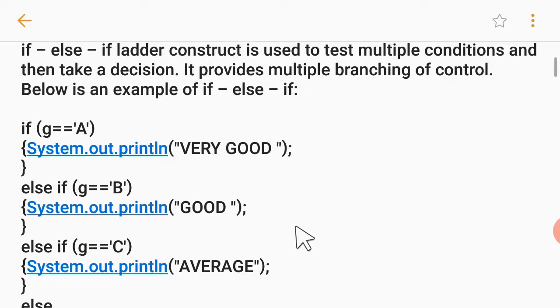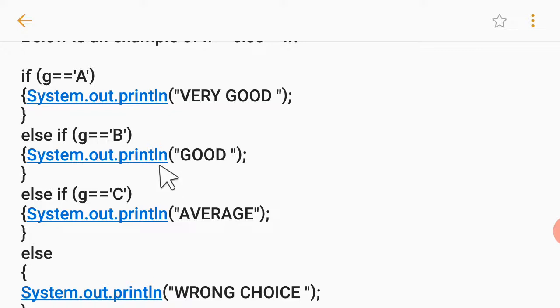Now we get back to the example. Students, when you are a beginner, you find it quite confusing how to go about different conditions and how to design this if else if ladder example or program. So I'm just telling you a very simple way of doing it. Leave some space from the left side while writing the code, and just write the conditions.